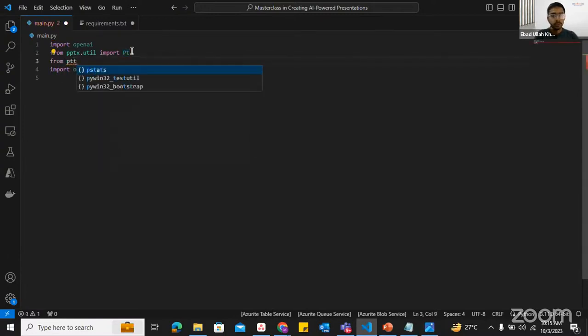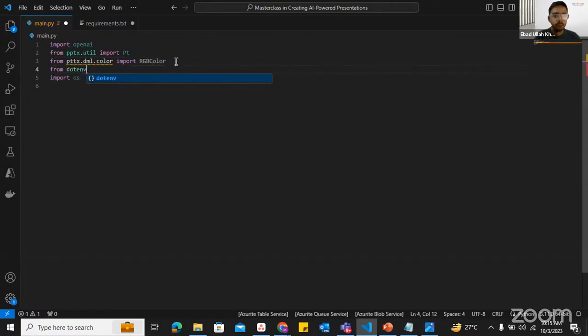And we can also import for colors. We want RGBColor. And then from dotenv, so these two libraries are mainly for creating a presentation for us. Okay, sorry for that. And we can simply import